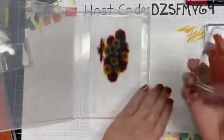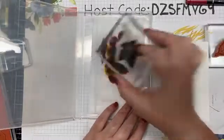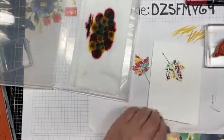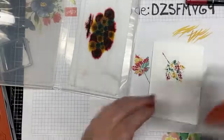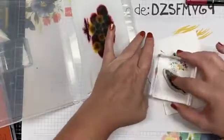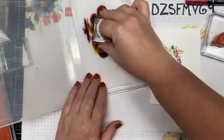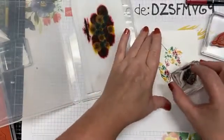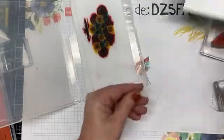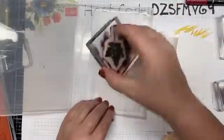So I'm going to take my leaf, and I'm just going to press it down once, and then I'm going to press it on my cardstock. Oh, isn't that pretty? Love that technique. So I'm going to do that with this guy over here. Then I'll do this one. So I think I'll stamp all of them out. I love, love, love